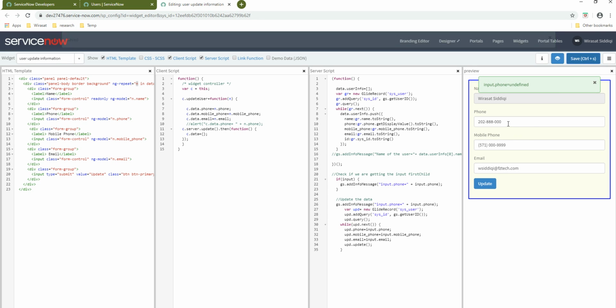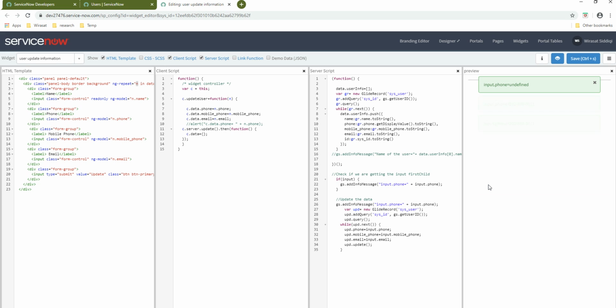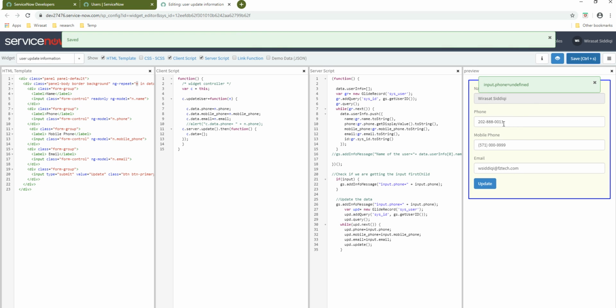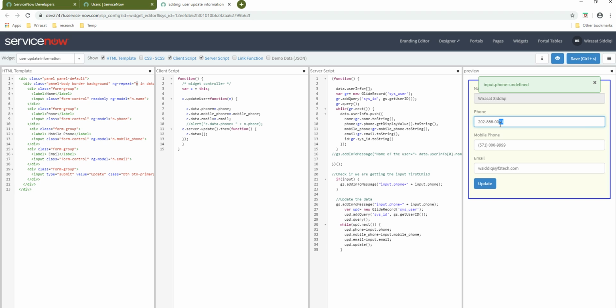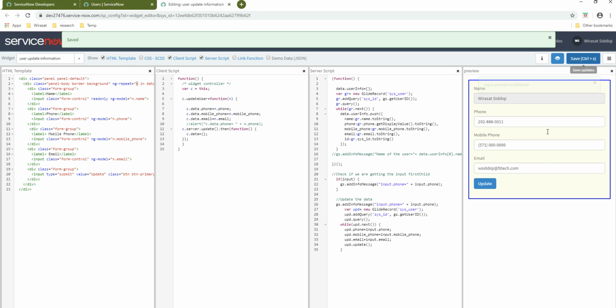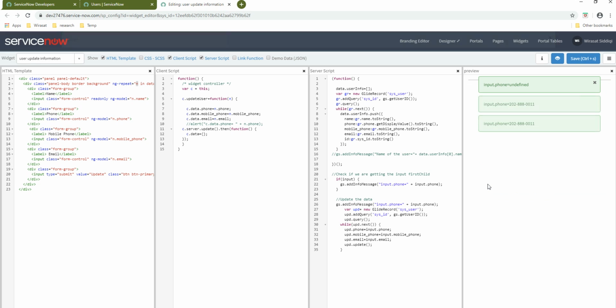okay. So now if I change the mobile phone to 1 1 and update it, it should update the table now. So let's see. Yeah. So now this data is coming from the user form. So you see that the phone information is changed. Now if I want to change my email address, if you type here a new email and save it and update it,